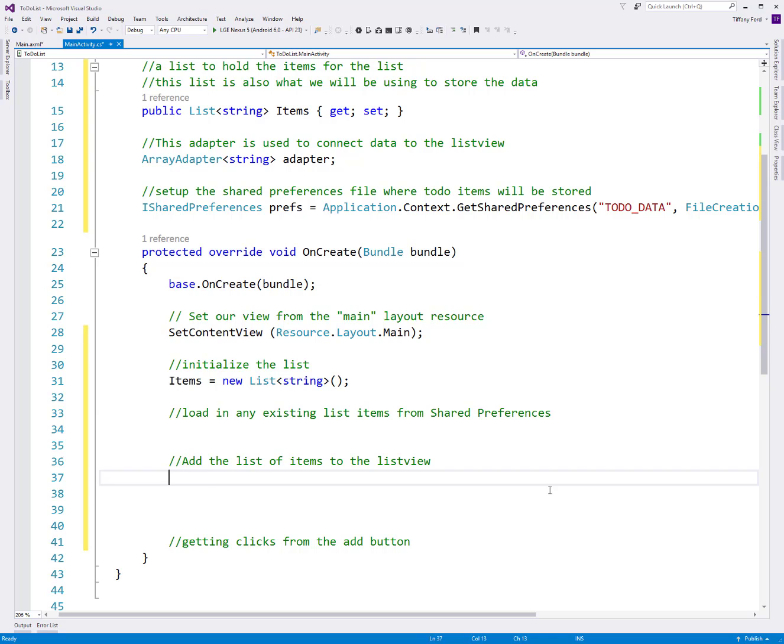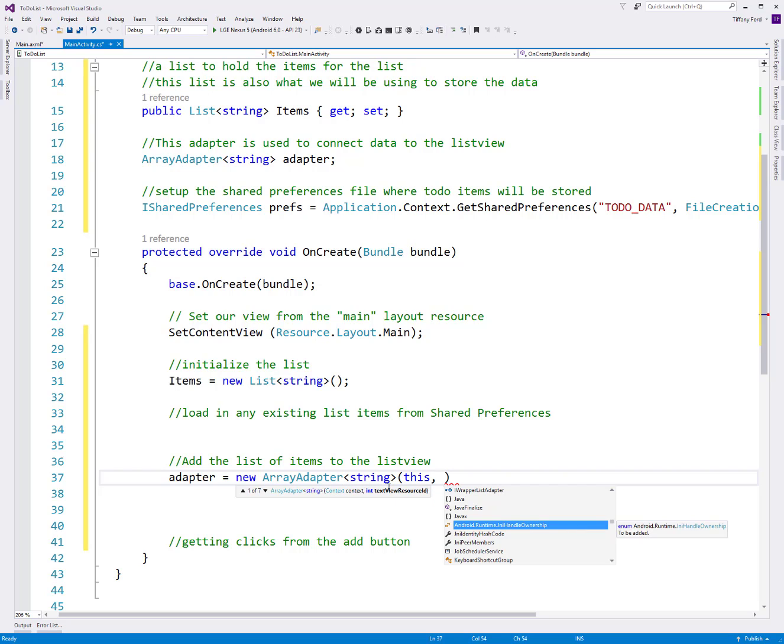Let's come down to our list of items in the list view. We need to go ahead and initialize that adapter, the array adapter that we set up here. So we have our adapter. It is a new array adapter of type string. And when we call its constructor, we get a bunch of different options. The first one is the context. Well, the context is this activity that we're in right now, so we just use this. And then this is where we get to choose the type of list that we're going to use. So Android resource layout,